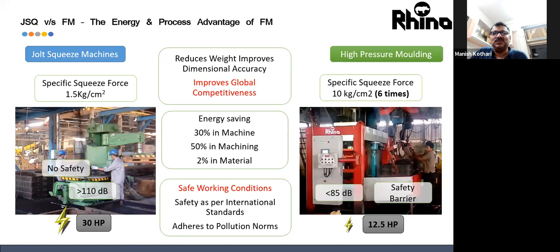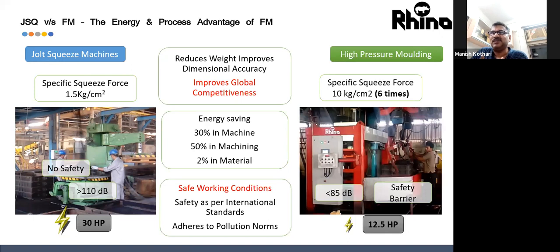So the first two were the process advantages, which would convert into savings. And the third was related to the OSHA factor of any foundry, that am I meeting my noise